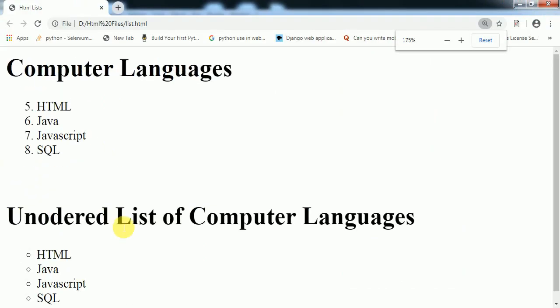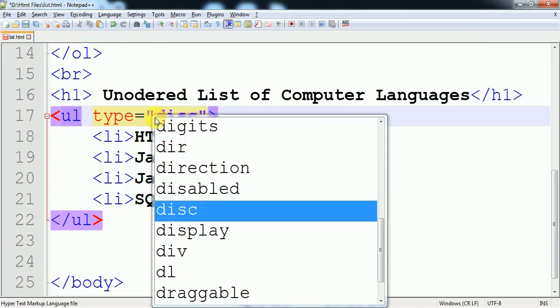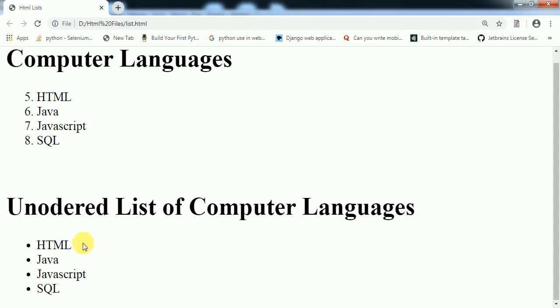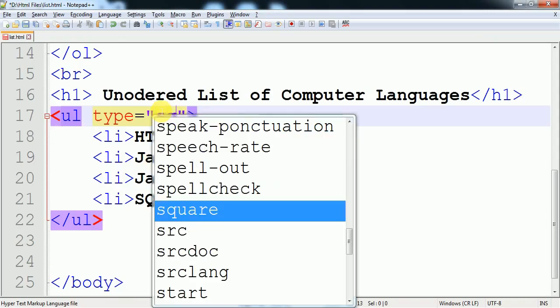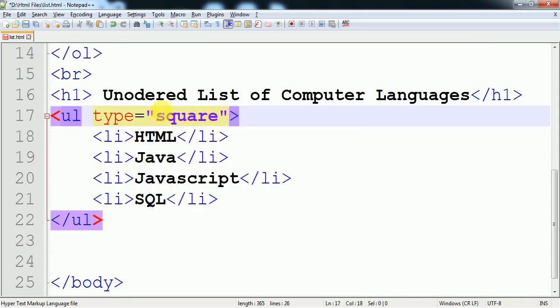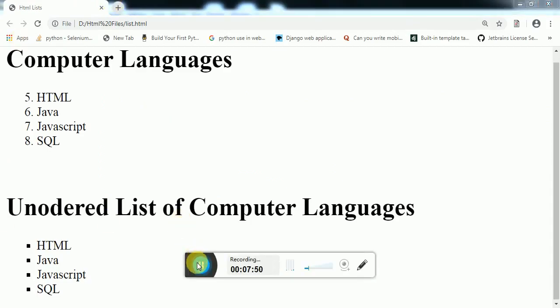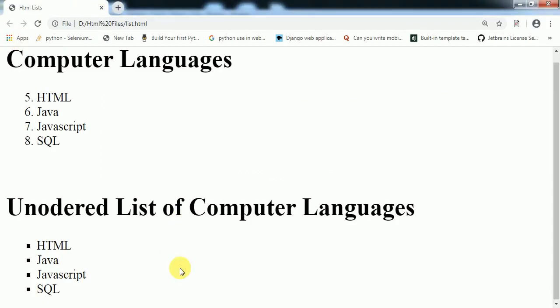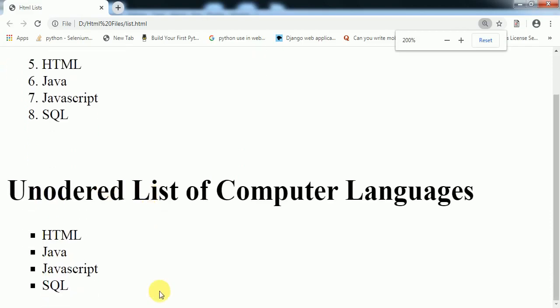So by default the disk symbol is there, this one is disk, and for circle, and the third value we give is square. Here you see that a square symbol appears.